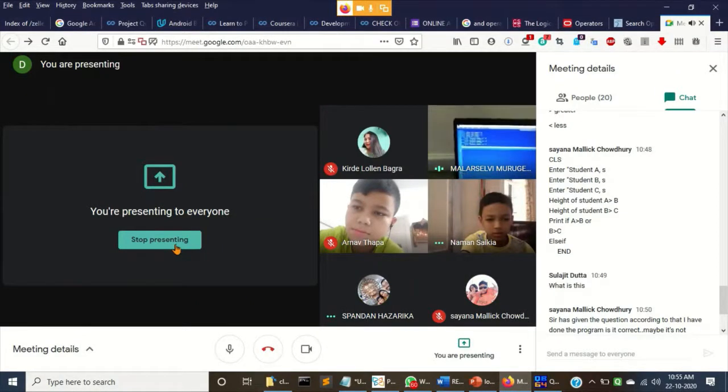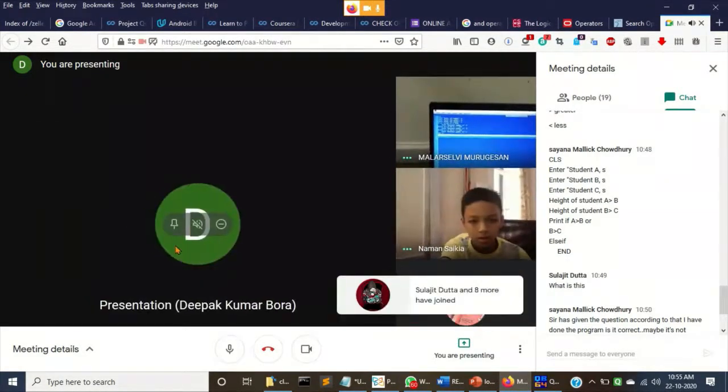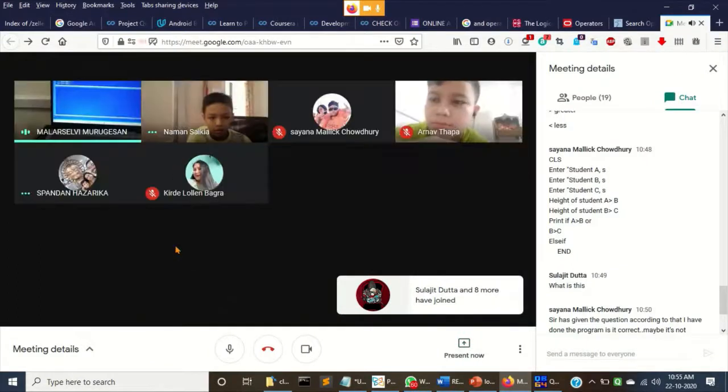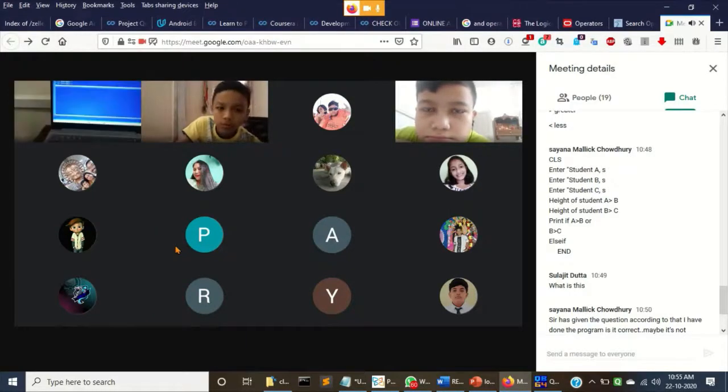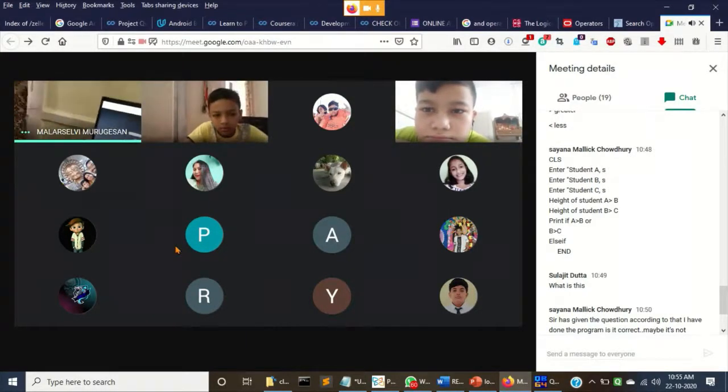Harshvardhan, I have stopped presenting and you show me yours. How can you write height of student A greater than B? This is not correct. You have to write an if condition.